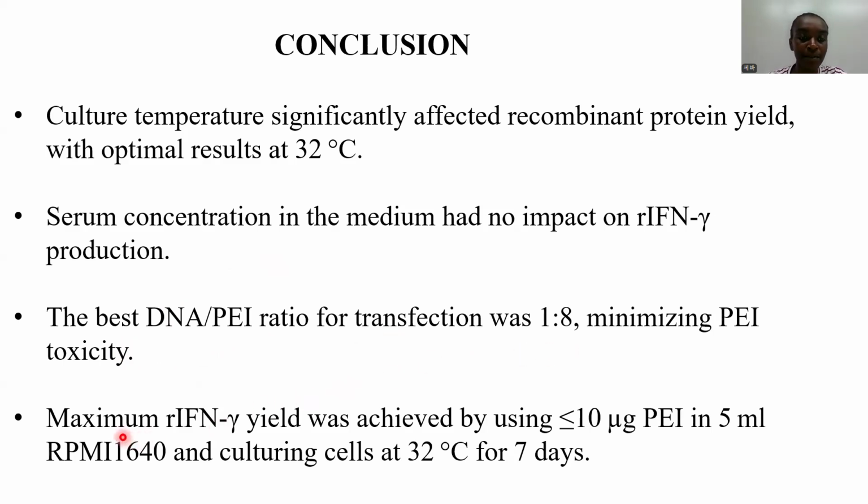And lastly, maximum recombinant interferon gamma yield can be achieved using 10 microgram PEI in 5 ml of this media at 32 degrees for 7 days. So we've currently been trying to produce different types of recombinant protein, and we've used these two papers as a guide,